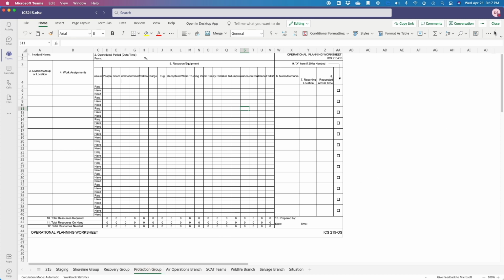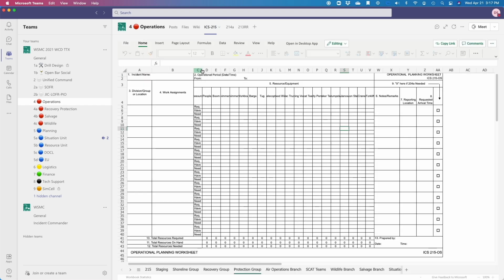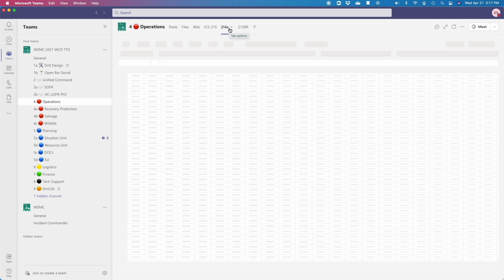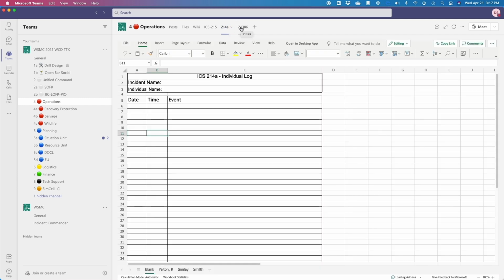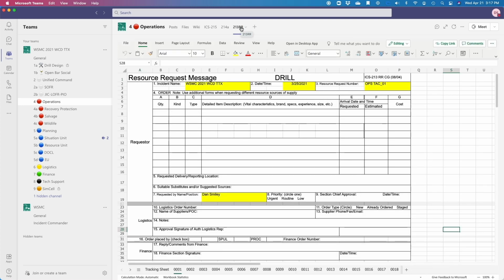To close the document, simply go to the close button in the upper right hand corner. We've also set it up in a few of these cases where there are specific tabs across the top of the channel menu to get you to the key document you're looking for. So there's a 215 tab, a 214A tab, a 213 RR tab, and we'll talk about some of these processes